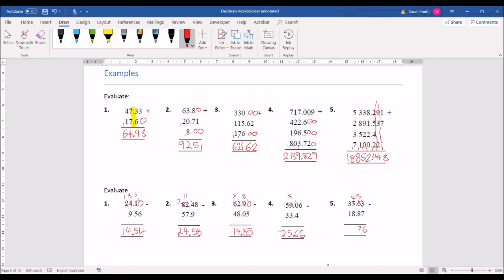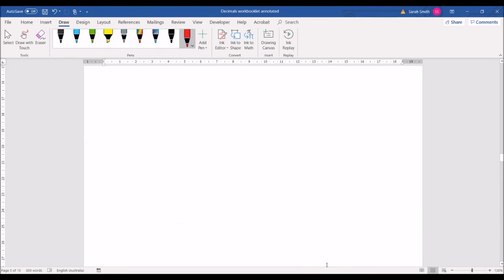15 minus 8 is 7. 14 minus 8 is 6, and 2 minus 1 is 1. So our final answer for the subtraction is 16.76. Okay, let's pretend for a second that we didn't already have them set up for us and we just had 2 questions. So if we had 23.45 plus